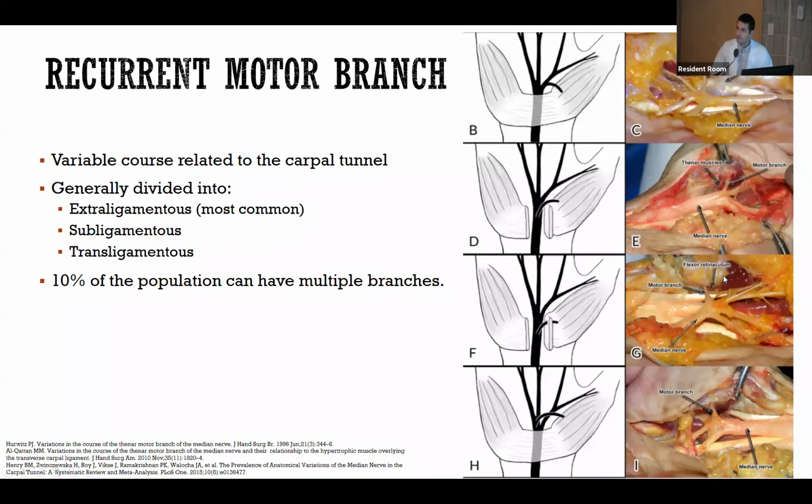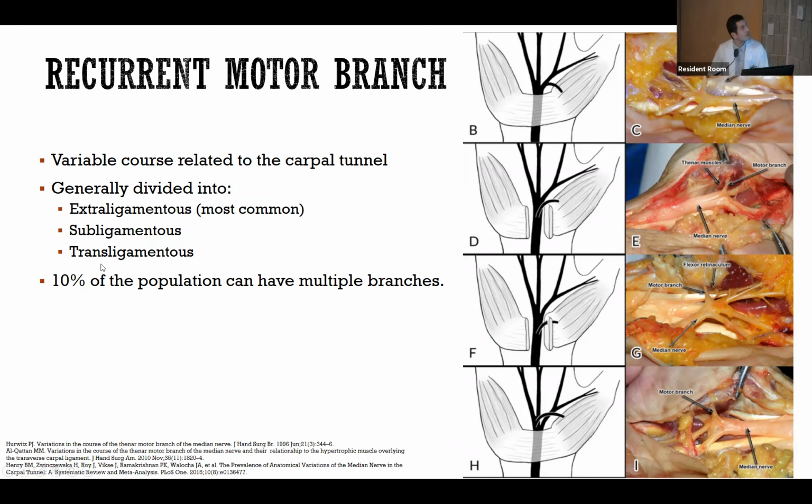Another thing to go over is the recurrent motor branch. This is usually a branch that can be injured commonly because it has such a variable course. There have been a few different studies, both cadaveric and observational, that have examined this and broken it down into a few different subtypes, including the extraligamentous, which is the most common, where, as you can see here, the motor branch divides after the median nerve comes out of the carpal tunnel, and this is about 50 to 60%